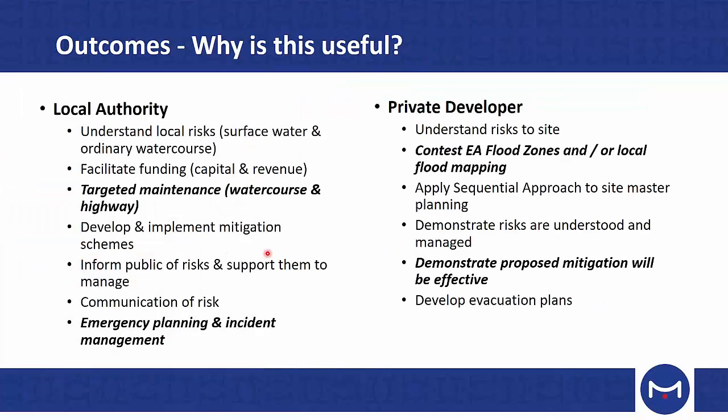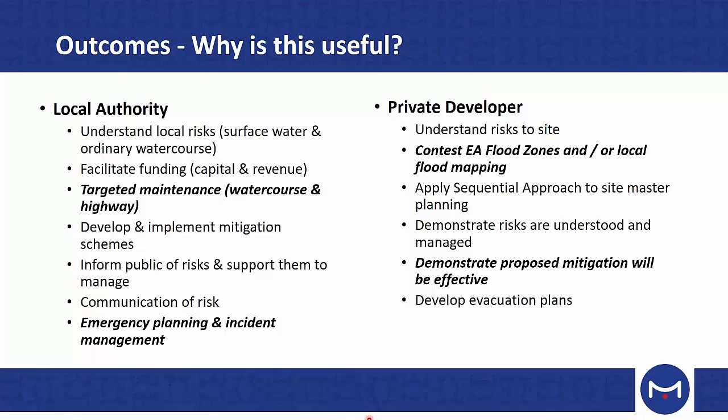So why is this useful for local authorities? There's lots of reasons, but I'm going to just run through the bolded and italic ones on these slides. For local authorities in particular, it allows them to target highway maintenance and watercourse maintenance. A good example of this was Perivale, where the wide extent of shallowish flooding you could quite easily manage through targeted maintenance of gullies, improving the assets around those areas, and knowing that key watercourses have quite a big influence on local flood risk. So it means they can take a risk-based approach to allocating that maintenance budget